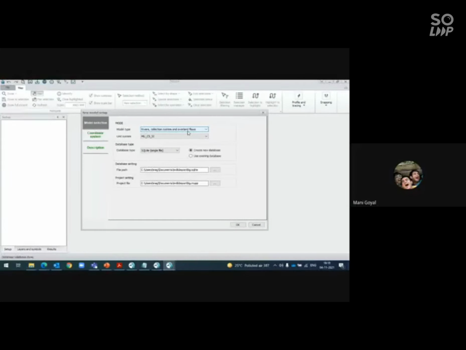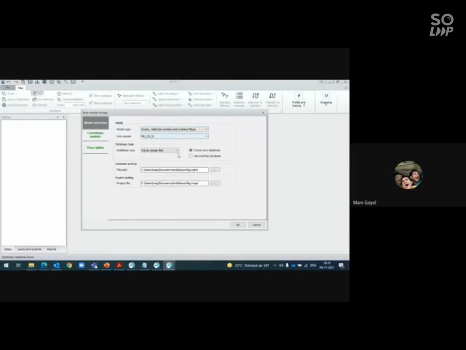So if you select river, collection system and overland, you cannot do coastal flooding. You can simply see the backwater effect within that river range, but you cannot see coastal flooding. But riverine flooding you can simply model in this Mike Plus, and also urban flooding, just your collection system and overland, that you can see, and the impact of all three, river, collection system, and overland, three-way flooding you can do.